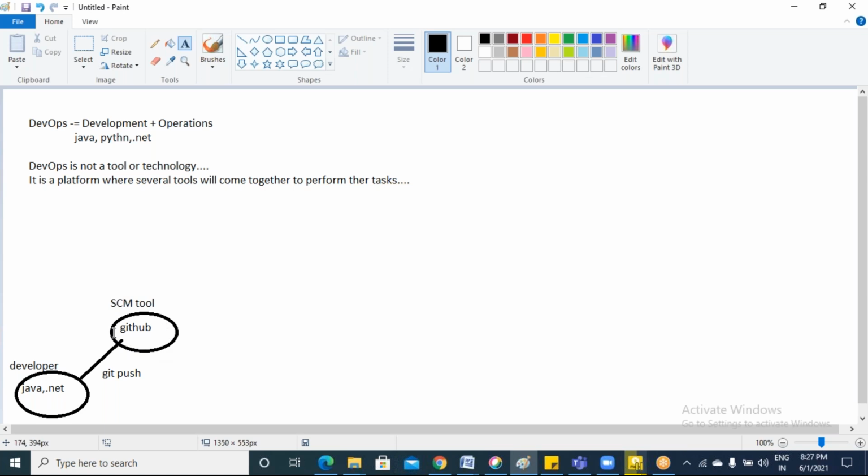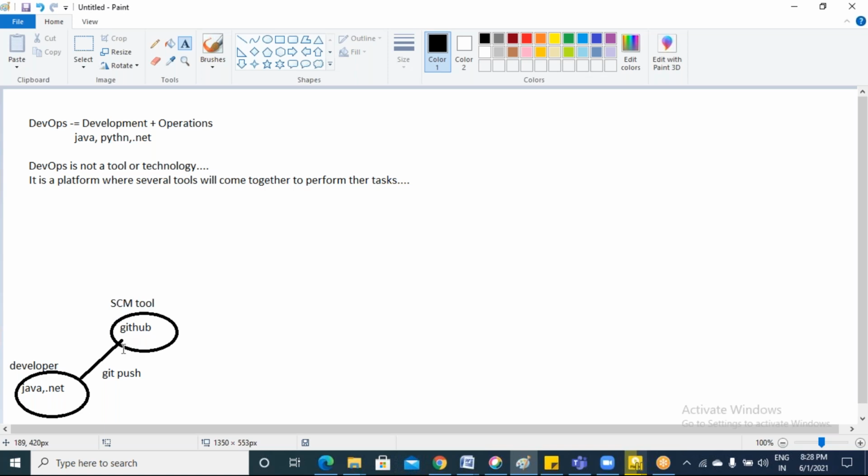From here, everyone in your organization can access the code if they have the permissions, whatever code has been written by the developer till now. Until the developer is writing the code, it is private; it is on his machine only. Once he sends it to the web, github.com, it is public code, and we can see it if we have the permissions.